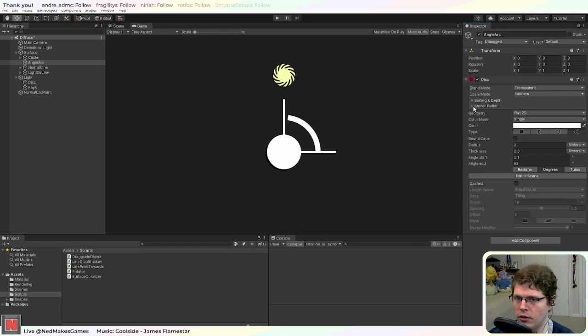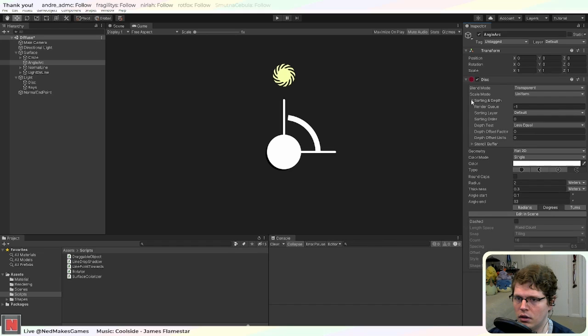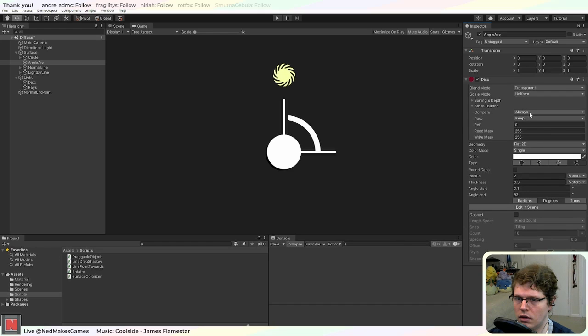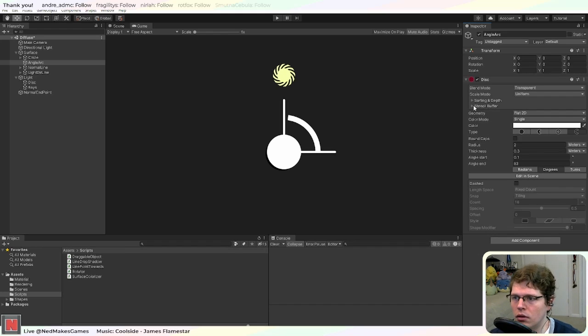Maybe I can use the stencil buffer. I don't know. Probably could use the stencil buffer, but